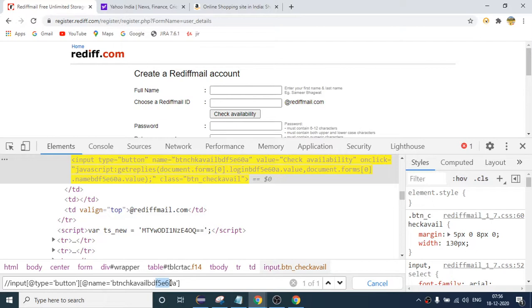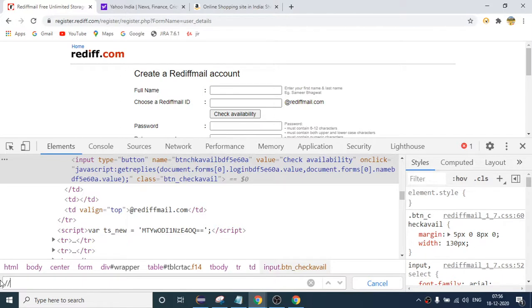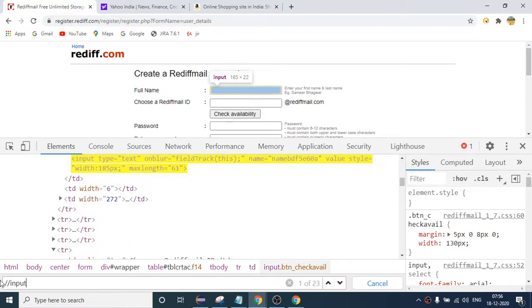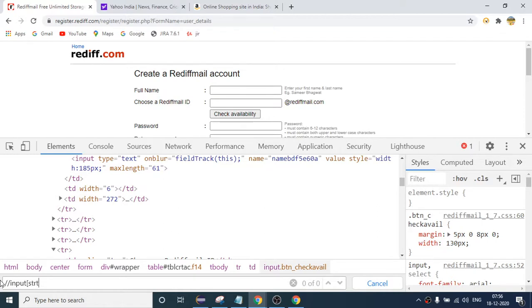So what can we do, instead of writing like that? We can write an XPath with the starts-with function. I can say input, and I will say starts-with, at the rate, what is the attribute?